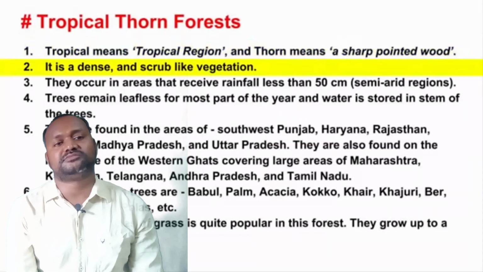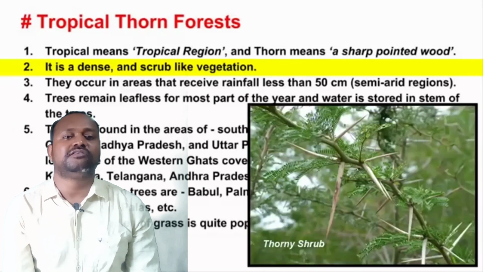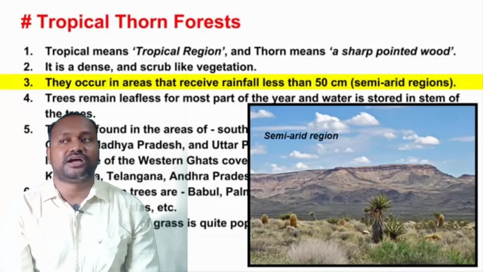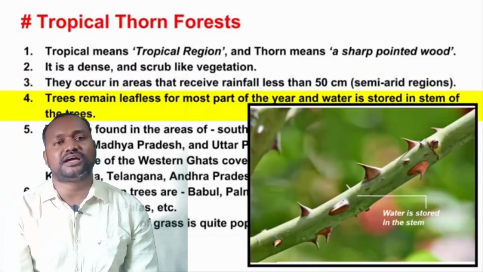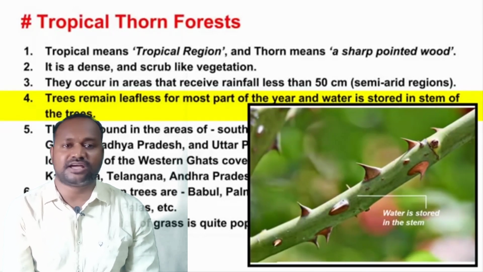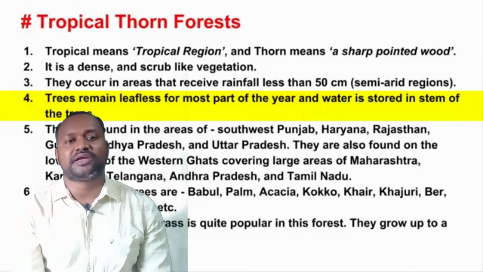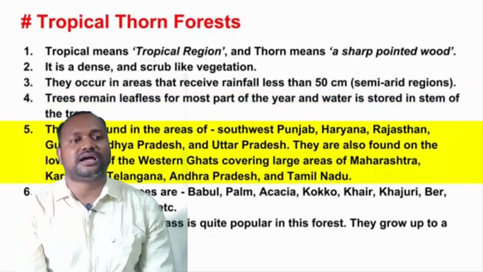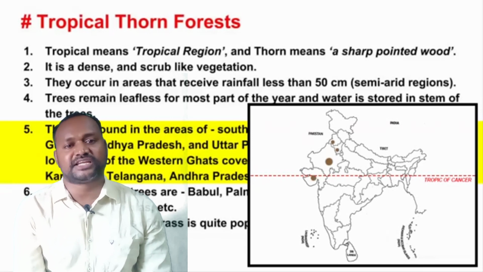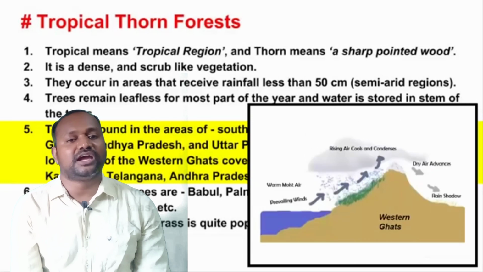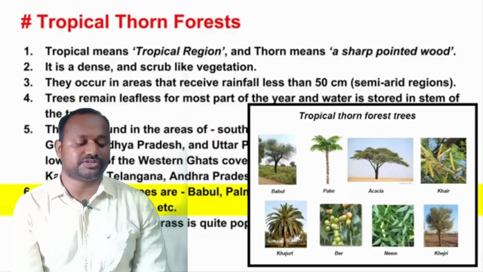These regions are mostly found in areas where the rainfall is less, as I have told you, with a very dry climate and high temperature. In this region I can tell you some regions of Rajasthan, some parts of Gujarat, even Punjab and Haryana also have thorny bushes. Here the vegetation is sparse, and the vegetation mostly has thorns to protect themselves from a high rate of evaporation and from the high temperature.